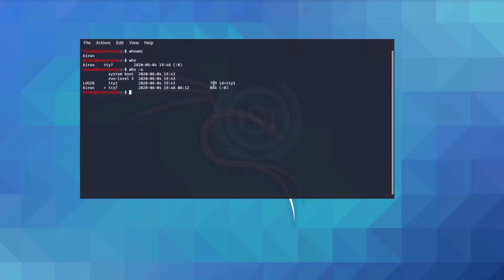And next is the w command. The single character w is a command that shows a quick way of seeing who is logged in and what they are doing on the system, or what they are doing in this session. Next, date. The date command displays system time and date. And then we have